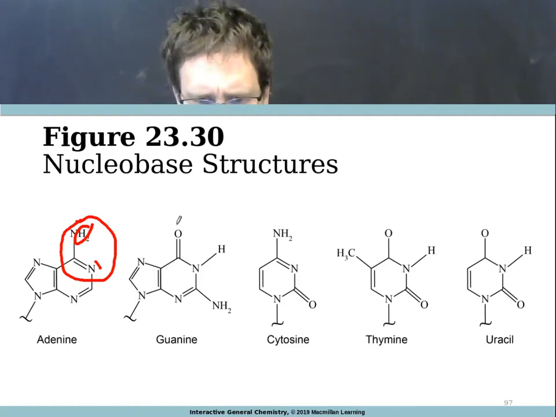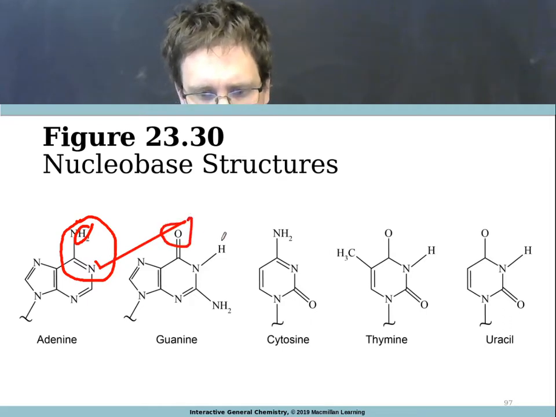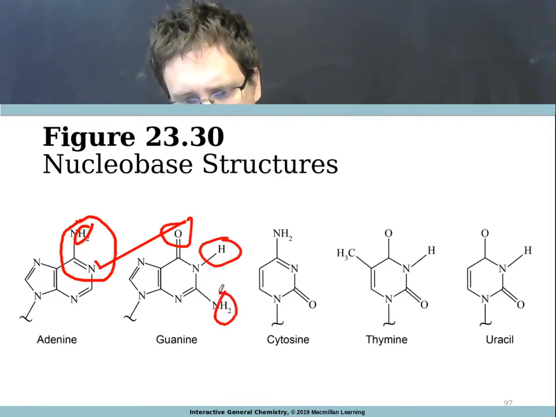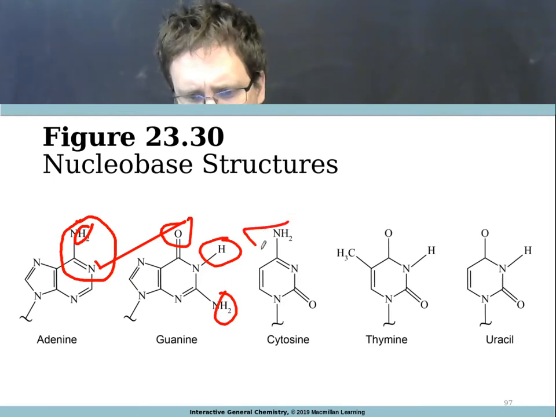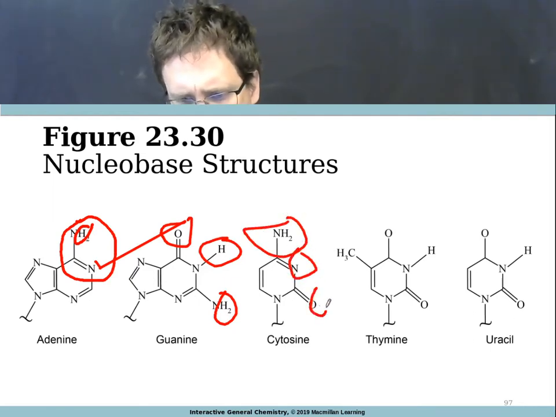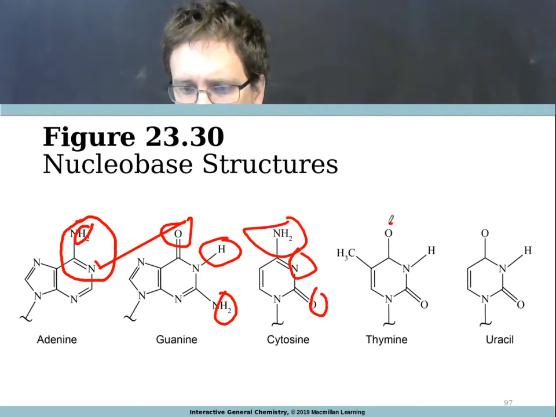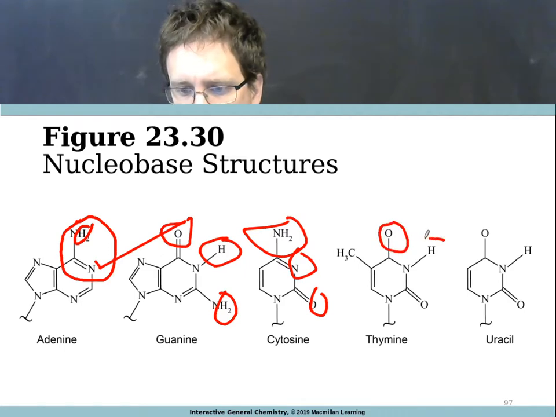Then here on guanine, we have a hydrogen bond donor, a hydrogen acceptor and 2 donors. Cytosine has a donor and 2 acceptors. And then thymine and uracil both have a hydrogen bond donor